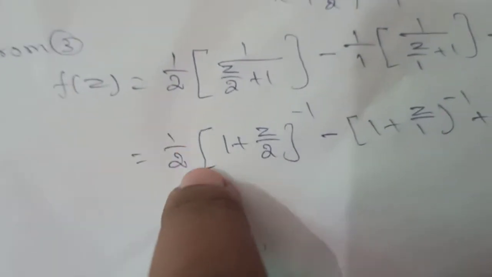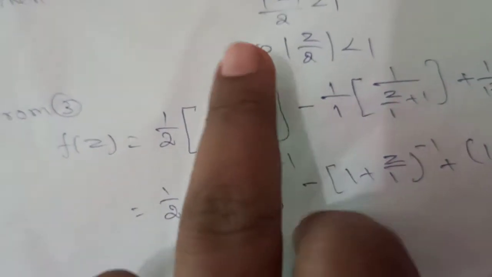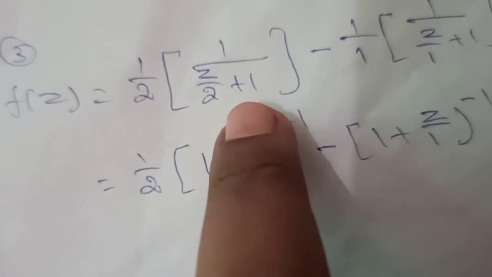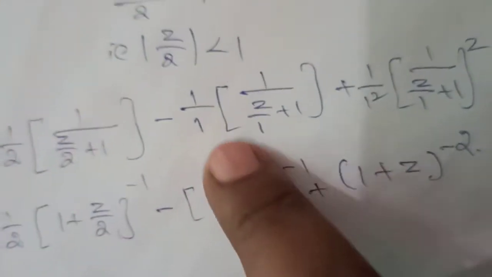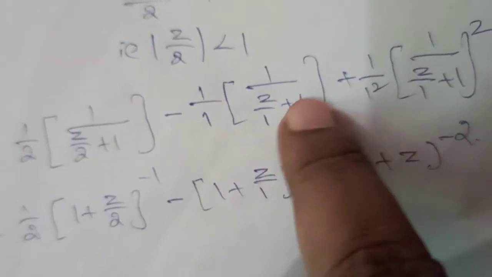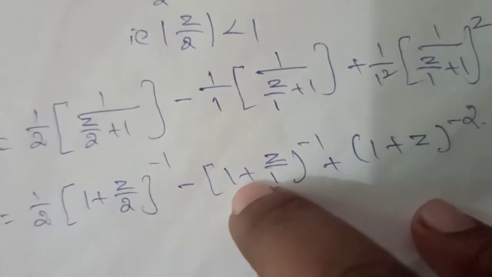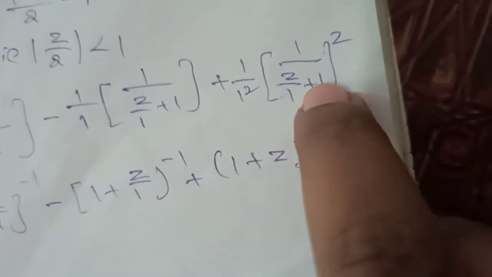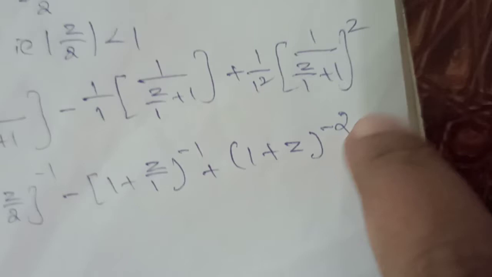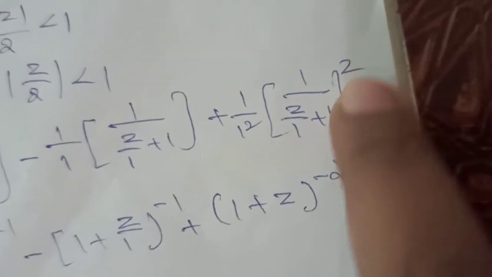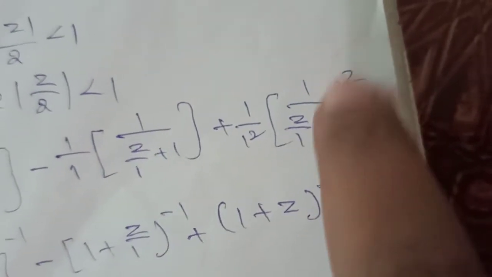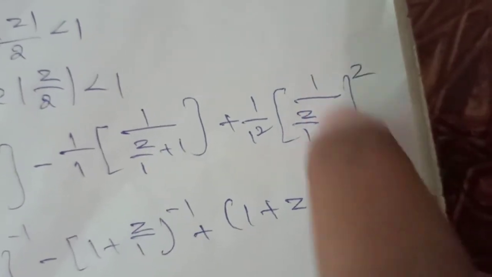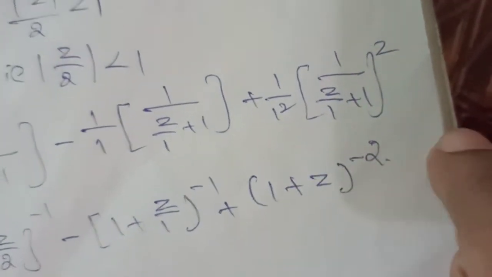That is equal to 1 by 2 into, in this denominator you can take the numerator value, that is 1 plus z by 2 the whole inverse, minus, divide this value become 1, that is minus of 1 plus z by 1 the whole inverse, plus this value you can get the numerator only, 1 plus z the whole power. Here the power value is 2, so plus 2 is replaced by minus 2. We get the numerator value, that is minus 2: 1 plus z the whole power of minus 2. And now